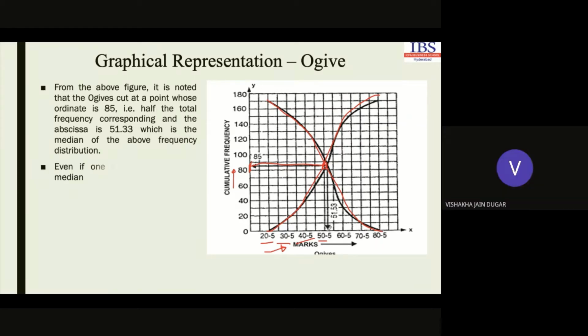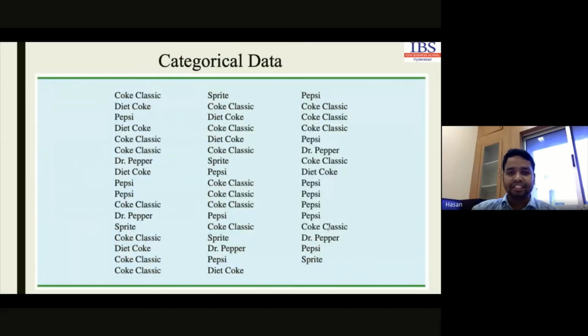So till now, we have discussed the distribution of parameters for which we have quantitative data. Now our data may be qualitative also. Data may be attributes also. If our data is attributes, how do we represent our data? Can anyone guess? This is an example I am just representing here. There is no quantitative data in this particular example, and only some names are mentioned here. So how do we represent this data? Can anyone guess?